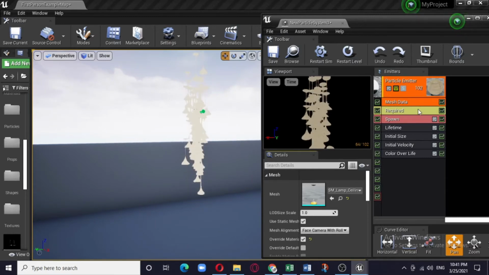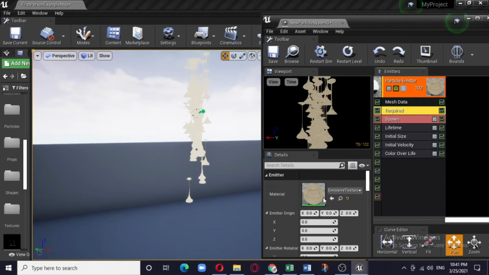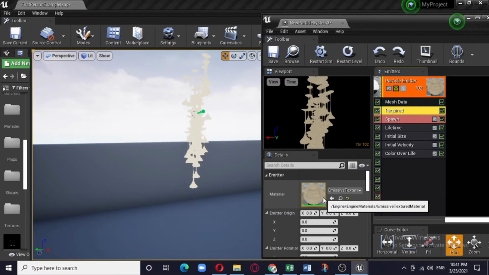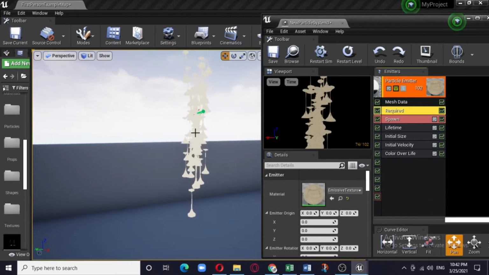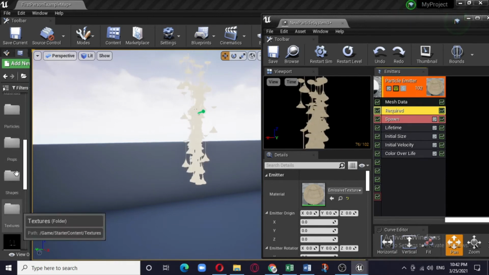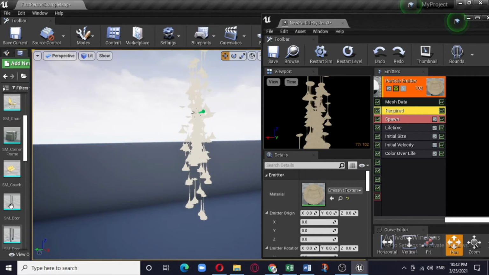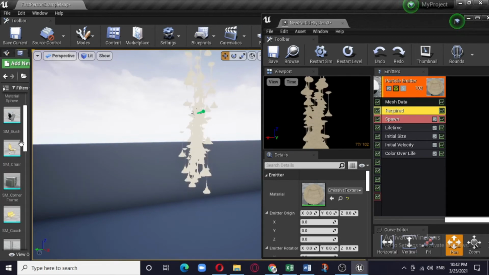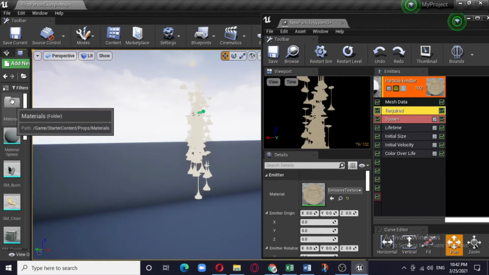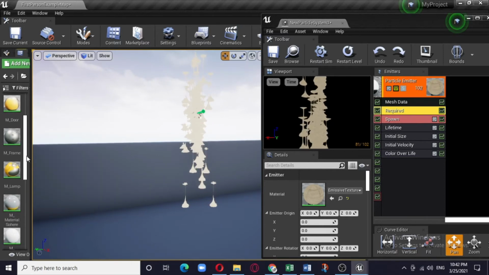Now how can you do it? Go to required. Here you see there is a material. By default, this is the material we saw when the cubes were getting emitted. Let us assume that we want to keep the basic material that was there with the lamp. So we need to check. We had this prop, and in the prop we can see these various things which are already available in the starter content. You can see there is the lamp, and in the starter content there is a material folder within the props. So here you can see there is a material lamp.